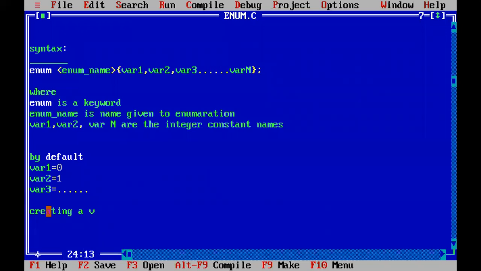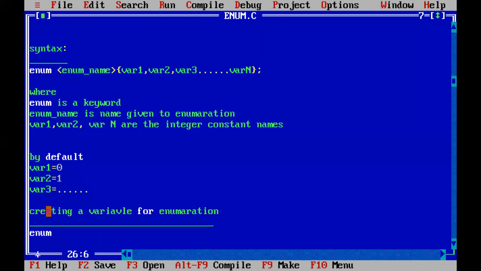So how to create a variable for enumeration? Again, we need to follow the syntax.